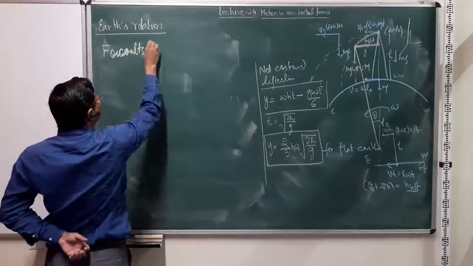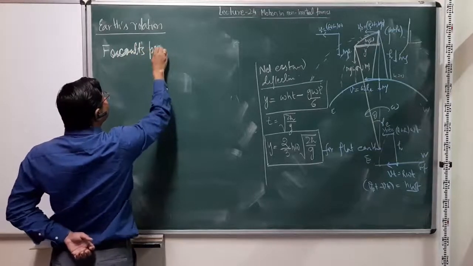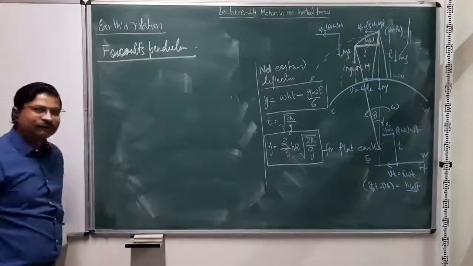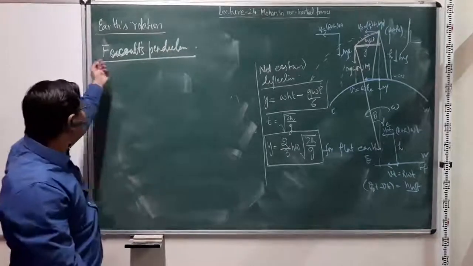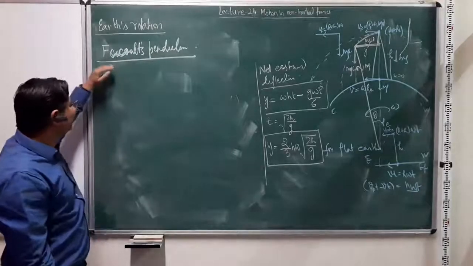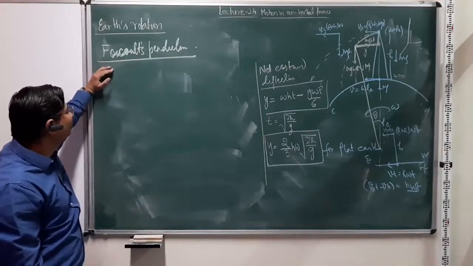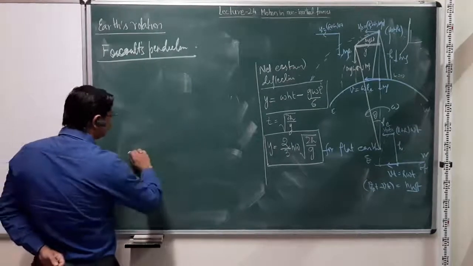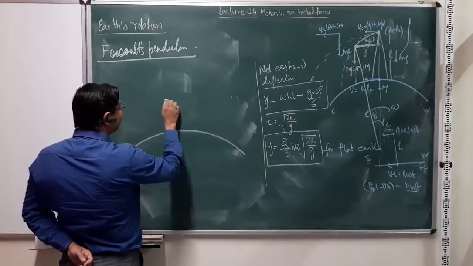It's called Foucault's pendulum. It's written as Foucault, but the pronunciation is Foucault in French. So it's Foucault's pendulum, where what has been seen is that on the Earth's surface,